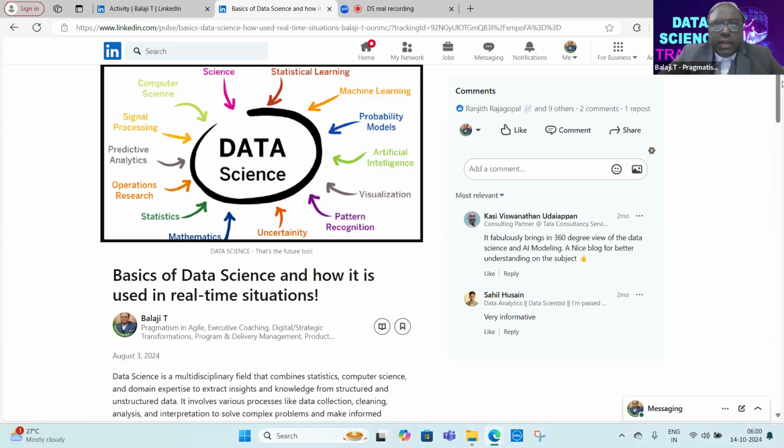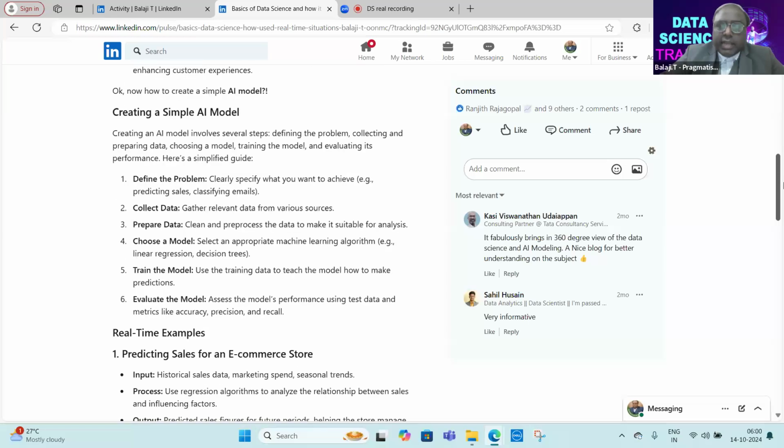And to do this, definitely you need to understand the business problem, right? Whenever you are trying to create a simple AI model, if you look into this article, I have clearly mentioned the high level steps involved. For example, define the business challenge or problem for which you are trying to build a solution. And then you may need to collect the raw data from multiple sources. The sources could be internal to the client database, or they could be third party API services too.